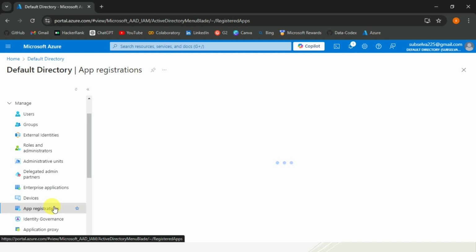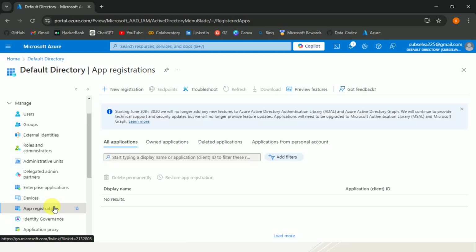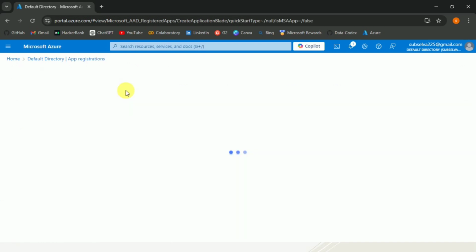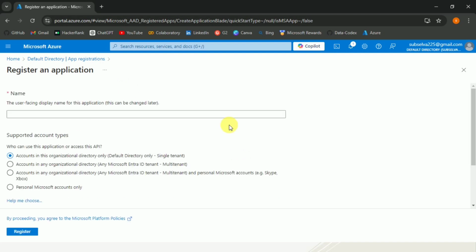So you can just click on this app registration. So here you can click on new registration. So currently I have no app registered in this subscription. So you need to provide a name for your application. So let me provide the name Blob Authentication